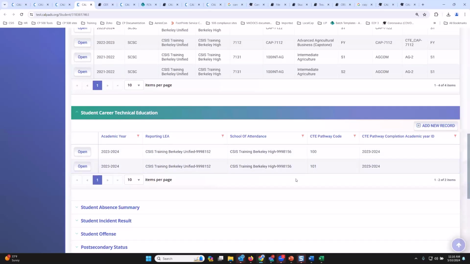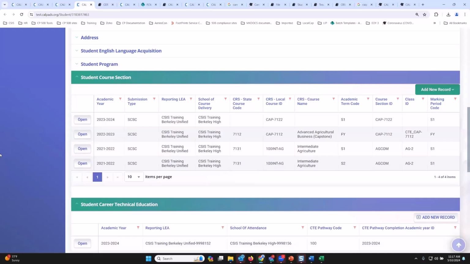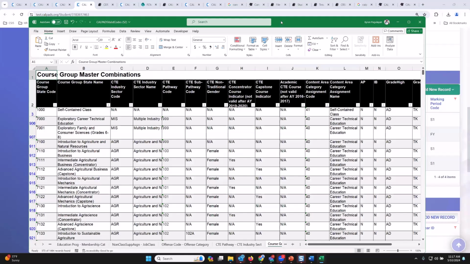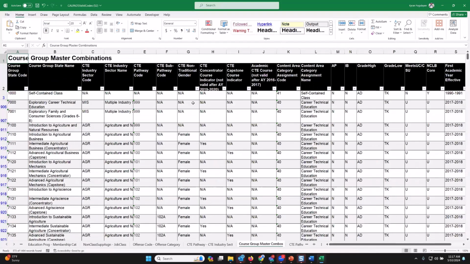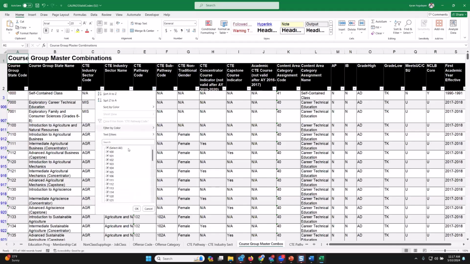Okay? So now that means CalPads is looking for the SCSE record associated to that capstone course. Right? Okay, so we look here, check this course group master combo, and then we go to that specific pathway code. So it's 100 and 101.